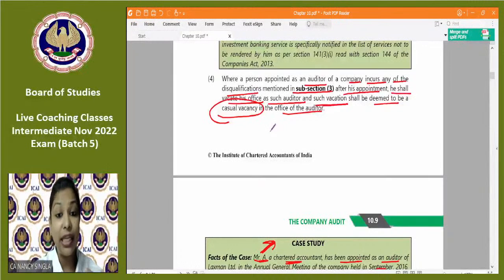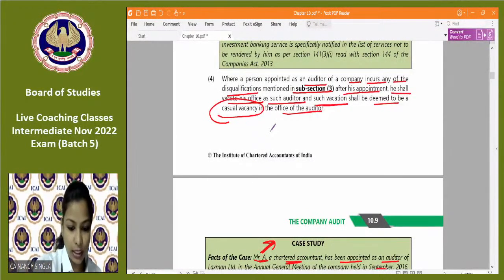अगर कोई भी डिस्क्वालिफिकेशन अट्रैक्ट हो जाता है, आफ्टर इनकर हो जाता है, द वर्ड यूज इन इनकर इज व्हाट, अट्रैक्ट होता है, आफ्टर ही इज बिकम द after the appointment as an auditor, then the auditor, he shall vacate his office as auditor and such vacation shall be deemed as casual vacancy in the office of the auditor. तो देखो ऐसे रिवाइज करना है, अब बताओ किसको क्या डाउट है।